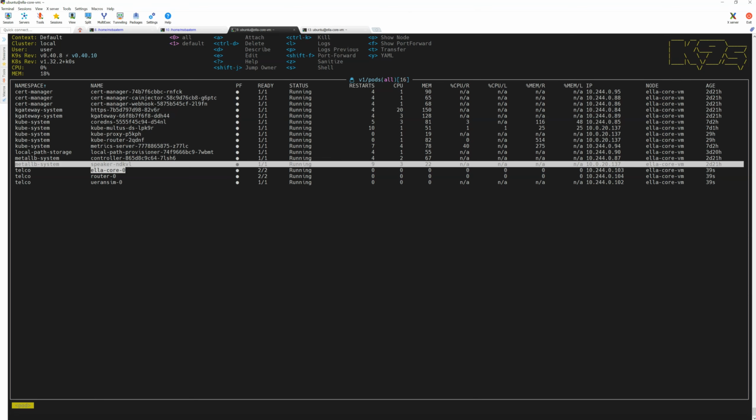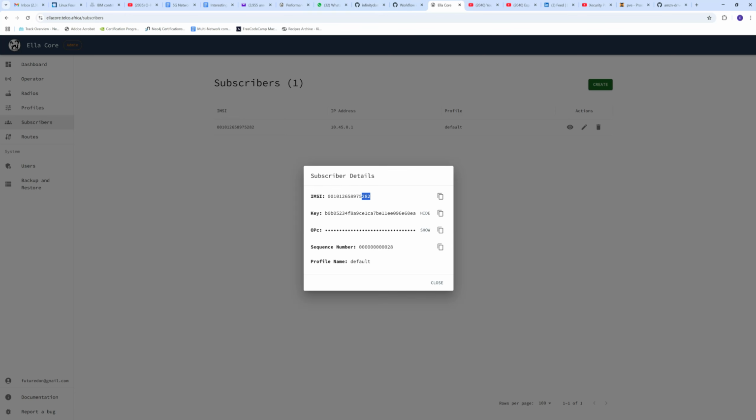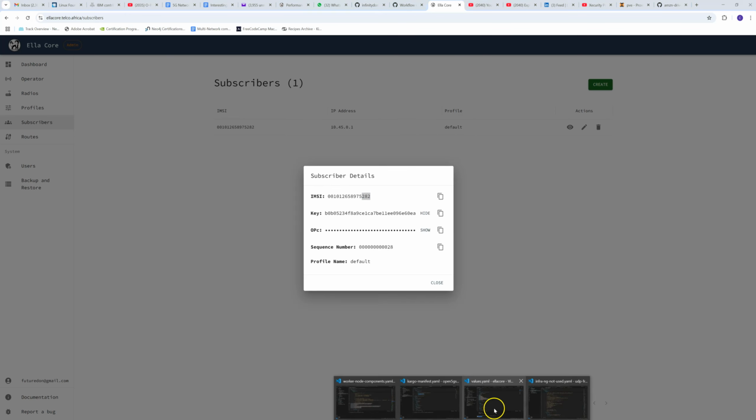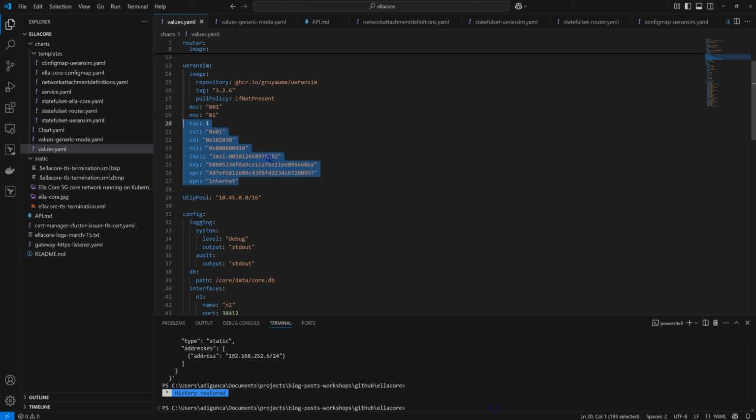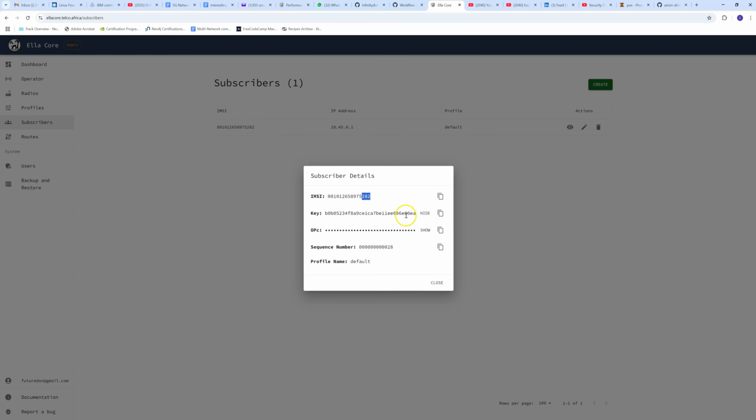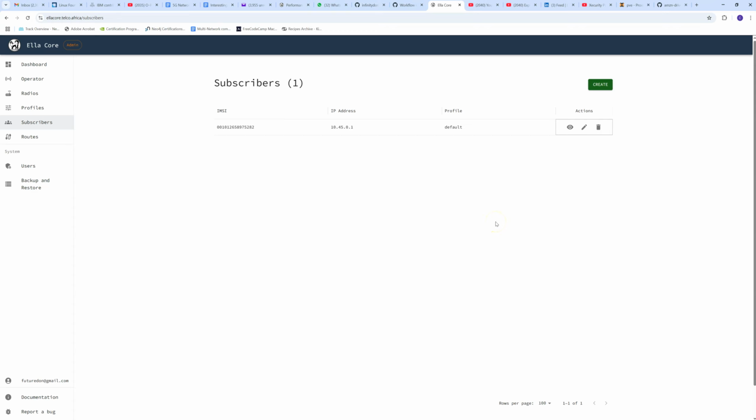So let's check that in our file. It says 282, right? And then the security key ends in 0EA, and the OPC 997. So let's see that. So 0EA and 997. What this means is, if I launch the URAN sim again,